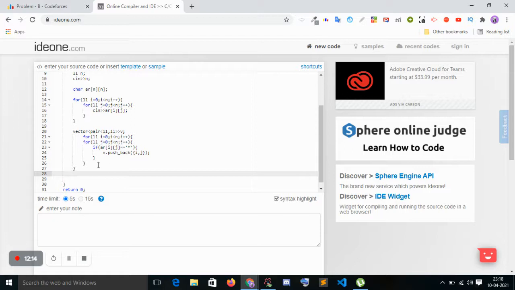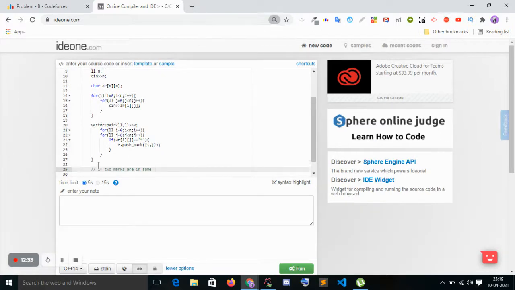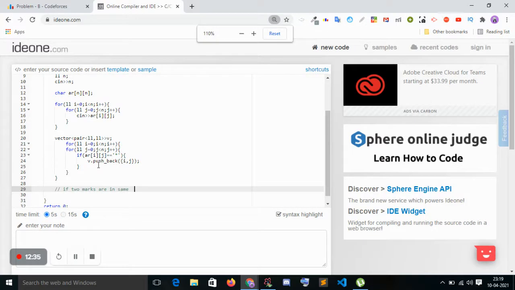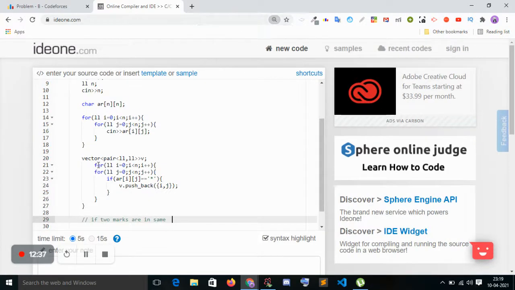Let's try to do the same row case. If two marks are in the same row, how do we solve this question?